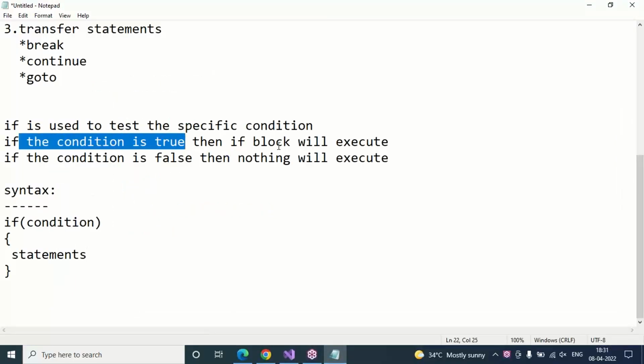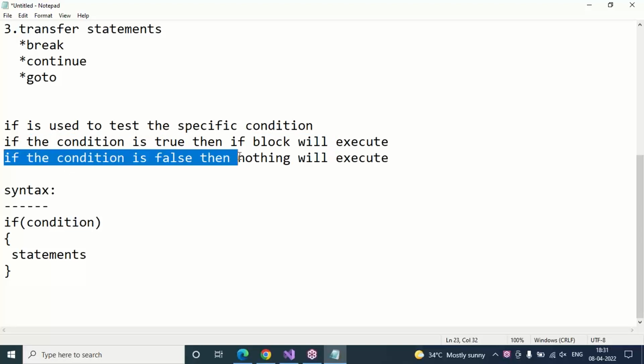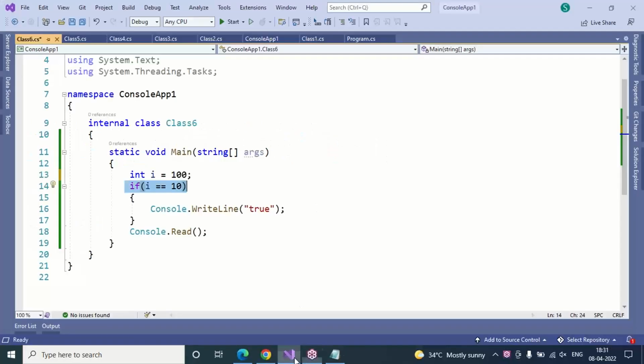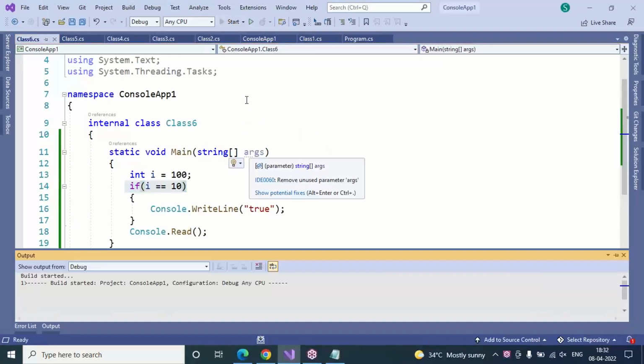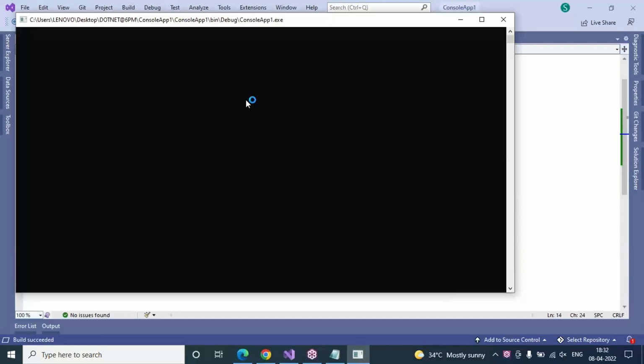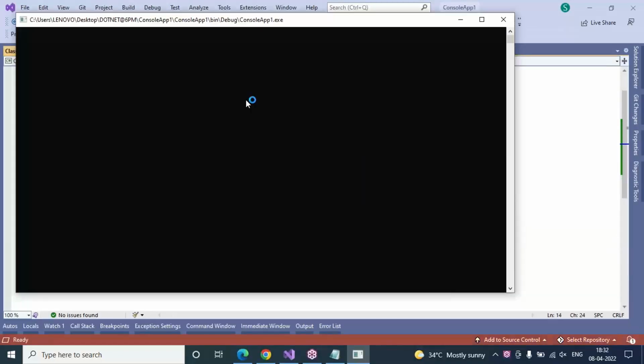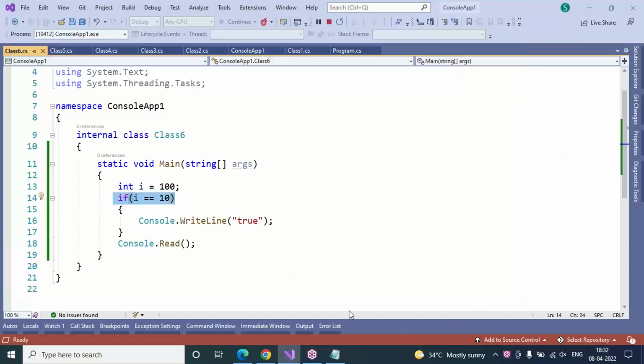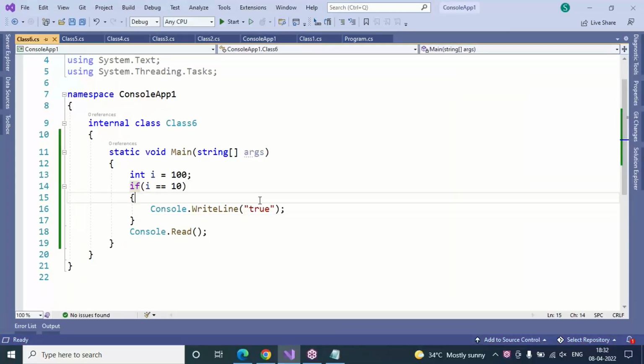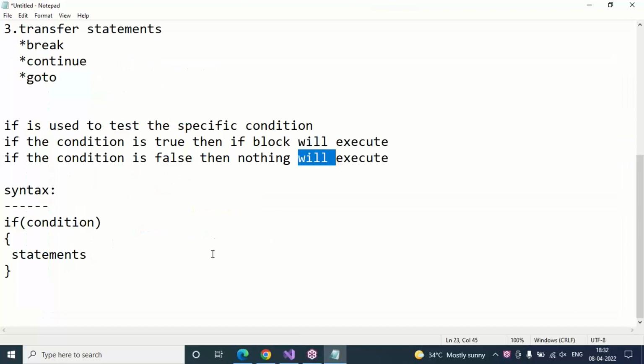If the condition is true, then the if block code will execute. If the condition is false, then nothing will execute. Look here once. Output is not there, because control will jump completely out of the if block. No code is executing here. Now you can see that nothing is there. So in this case, if your condition is false and you want to do something or display something,